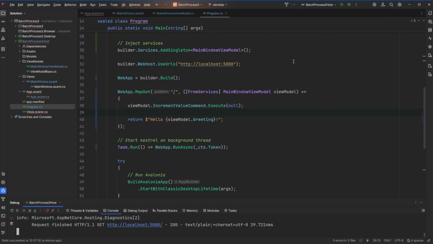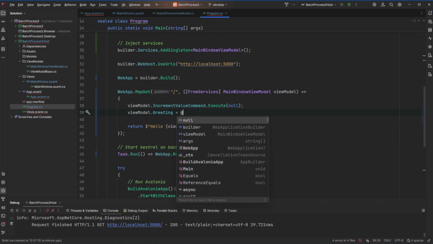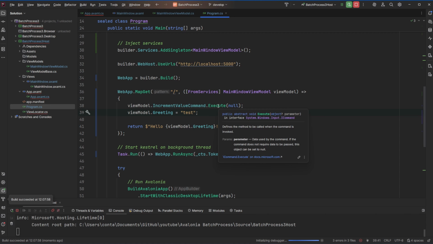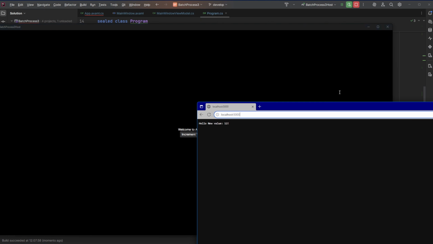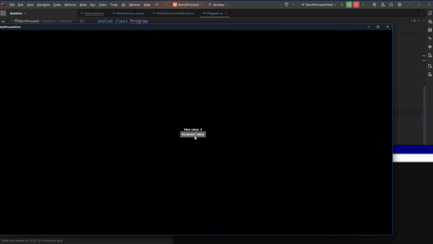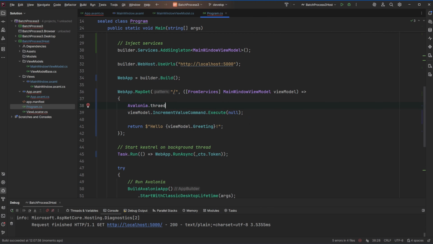Now, I didn't think that would work, primarily because this is on a separate thread, and we want to be incrementing the view models on the UI thread. So this, in theory, shouldn't work. So let's just try greeting equals test and see if that throws an error directly. Maybe the commands or this execute maybe is then breaking off to the UI thread, whereas directly setting properties won't. No, that's working too. You'd usually access it via the static Avalonia.threading